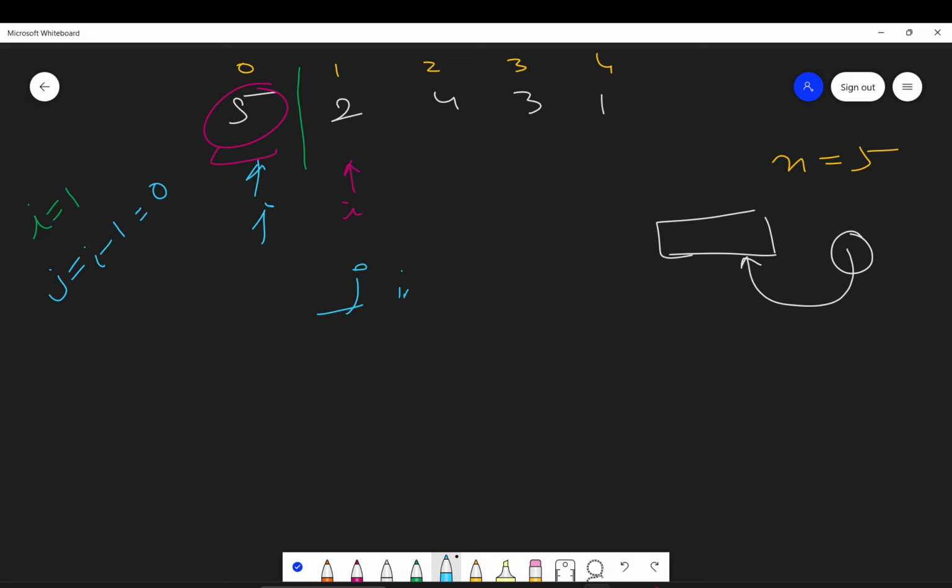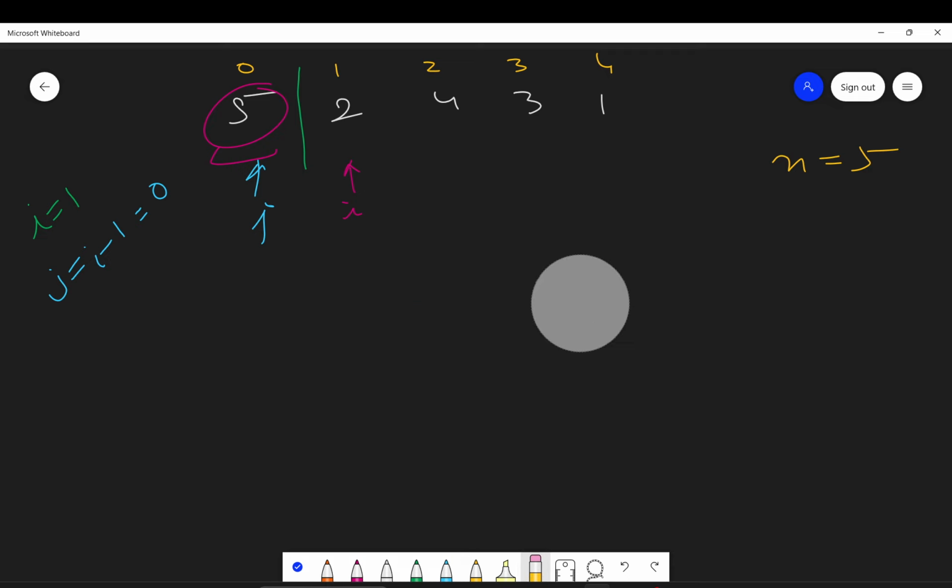Basically you have to find index J wherein you can store this element. Okay. So you will see that whatever is the current element of J, that is ARR of J. Let me just write it here. So what we have to do is we have to see whether ARR of J, and we have to just keep on shifting J, right?